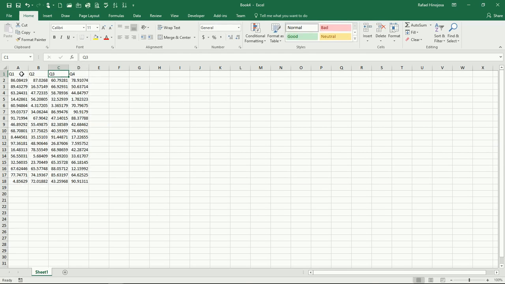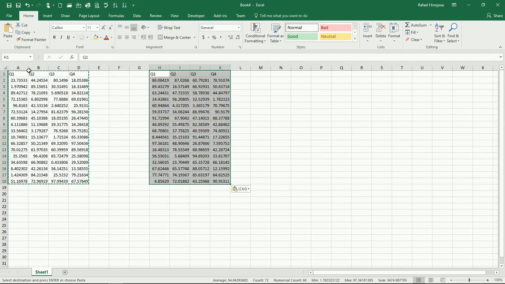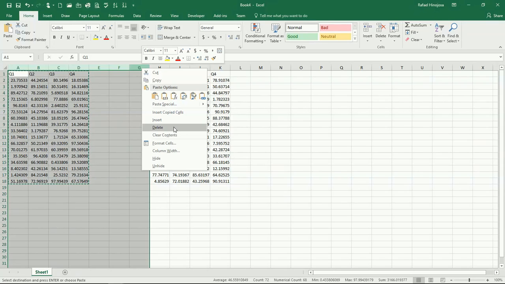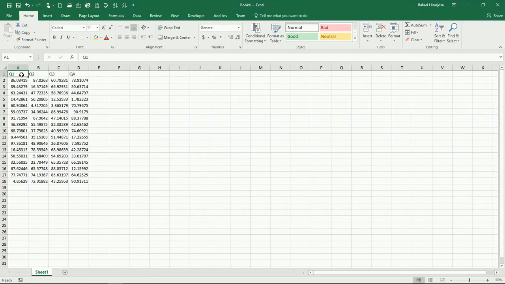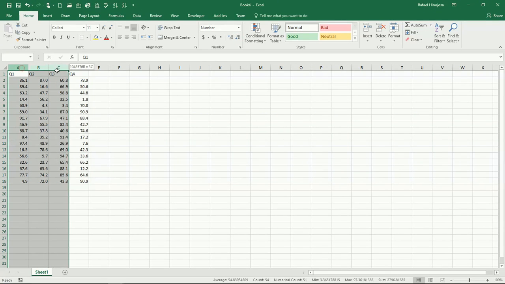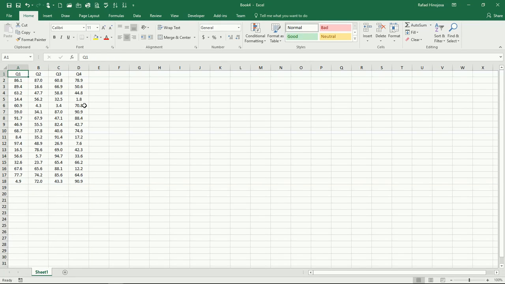So I have my 4 quarters. Then I'm just going to copy and paste the values because I don't want these values changing. Let's delete it. There we go. So we have our, let's say, table, but now we're